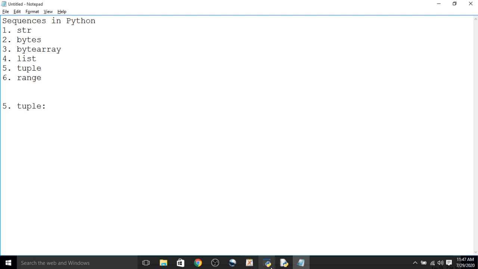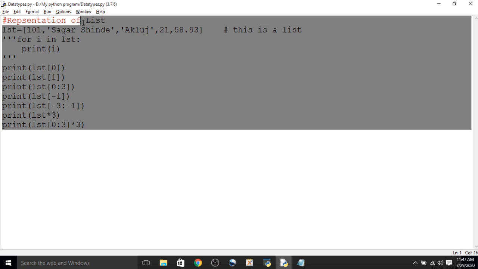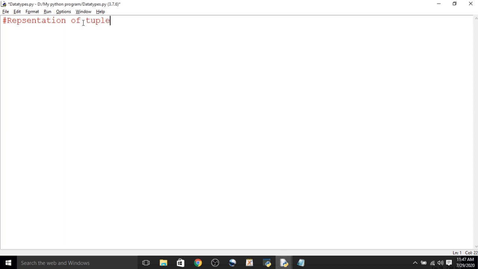Now suppose we want to create a tuple. Now we have to see the representation of a tuple. Declare one tuple. Suppose for example we take TPL equal to. Tuples are represented inside parentheses, that is, circular parentheses. We take the elements here.